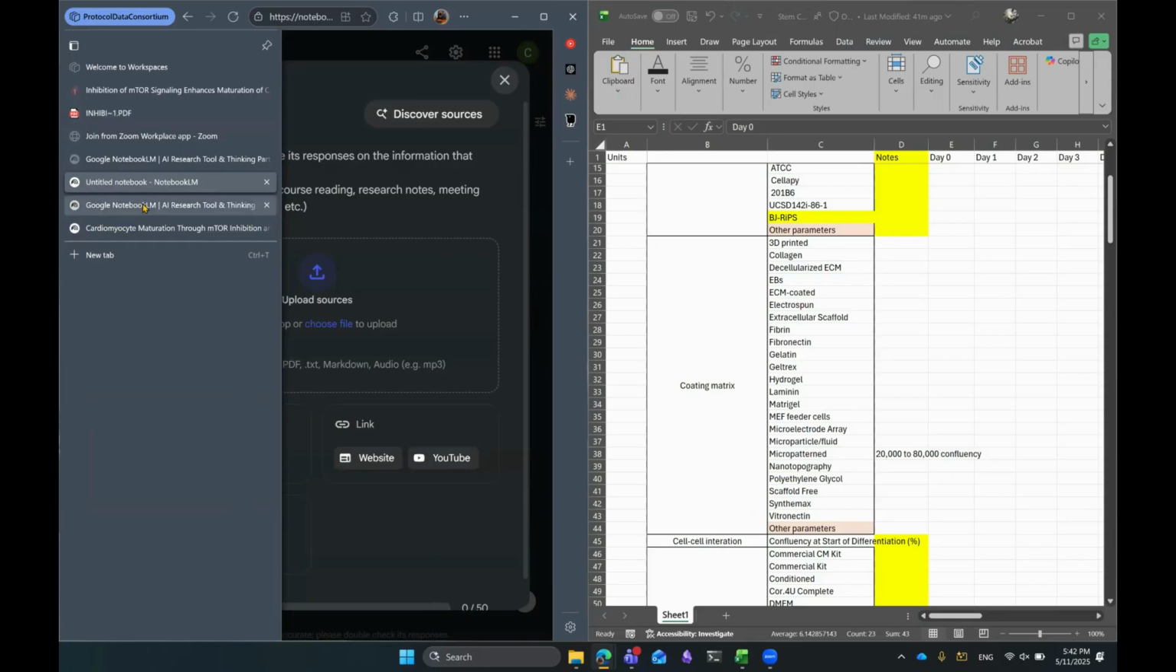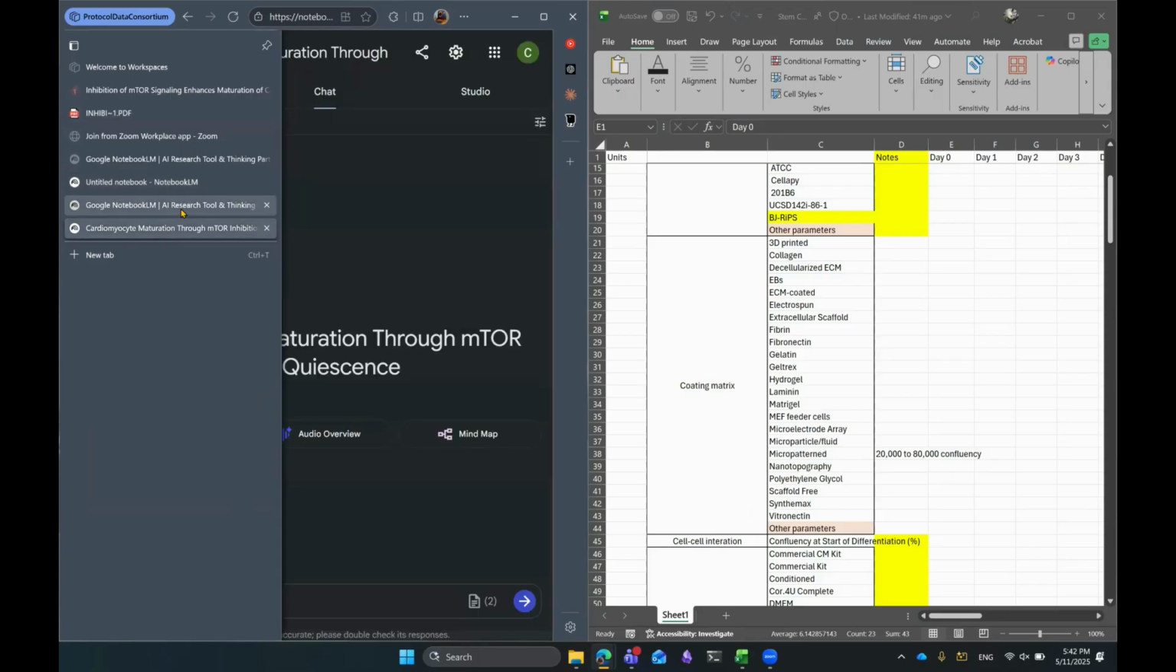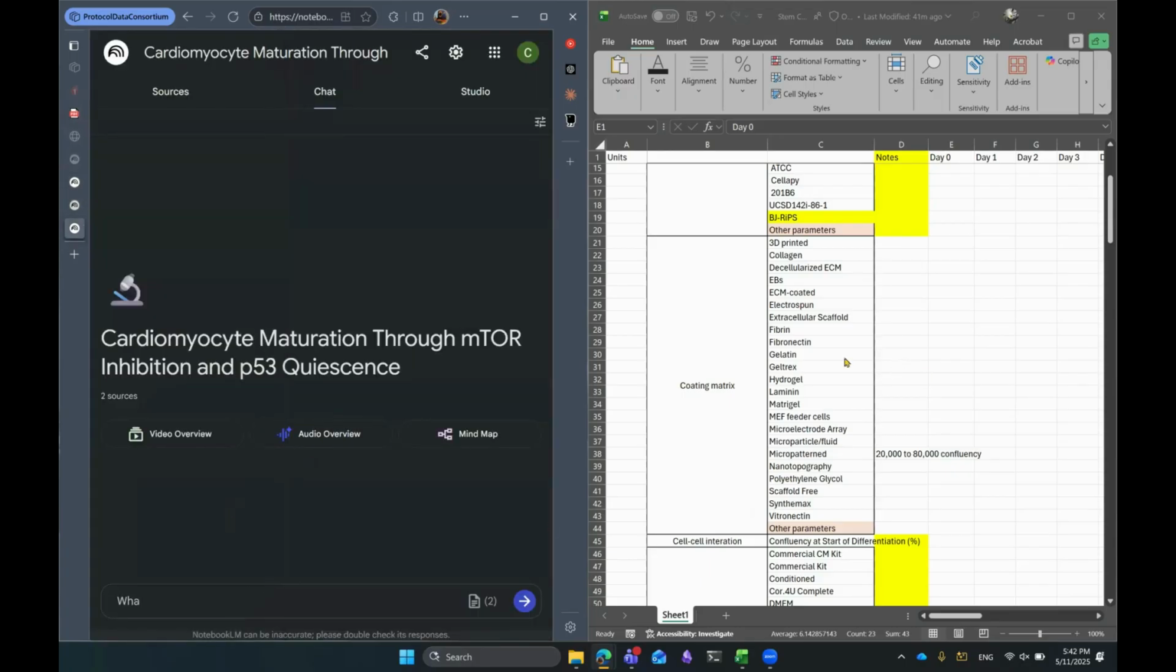So going back to Notebook LM, we haven't decided what the coding matrix is, right? A simple way: the difference between Notebook LM and ChatGPT is that Notebook LM does not hallucinate. It doesn't create fake information for you. It will always answer based on the PDF you have provided it with. So I can ask it, what is the coding matrix